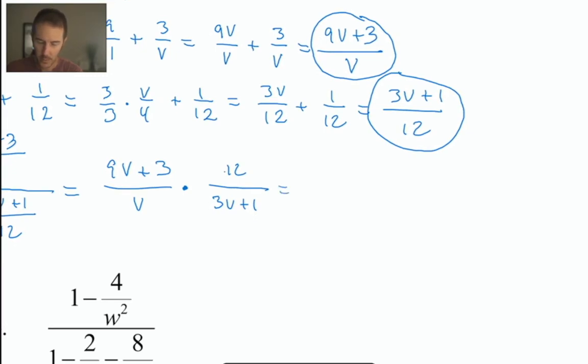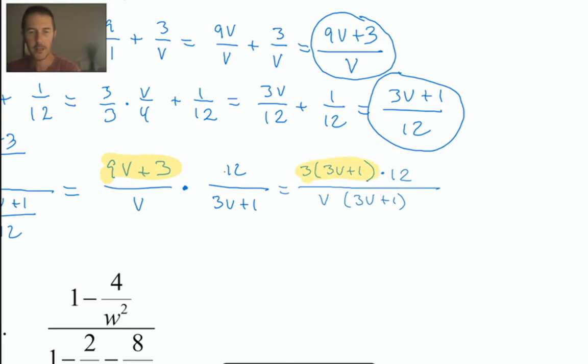And the next note you'll want to include maybe is that I'm going to take my first numerator and I'm going to factor it. I'm going to factor out a greatest common factor, and that's a multiple or a factor of 3. So now I can write my first numerator as 3 times (3v plus 1), times the 12 from the second fraction, all divided by, I've got a v in my first denominator and a 3v plus 1 in the second denominator. So while I did take this 9v plus 3 and factor it, turning it into this,